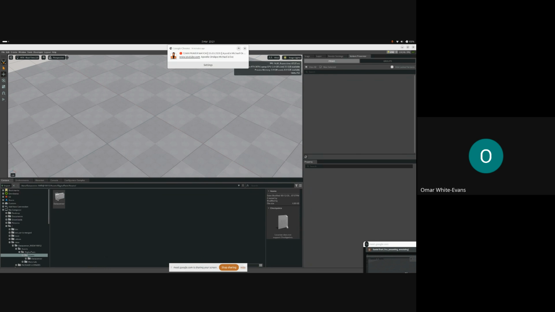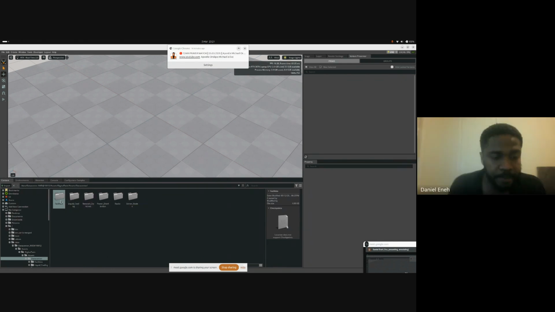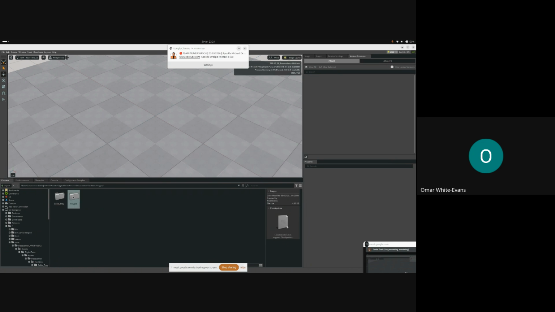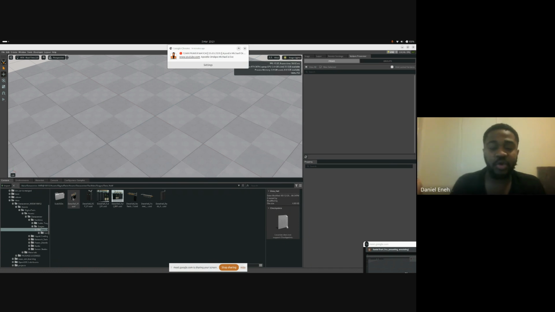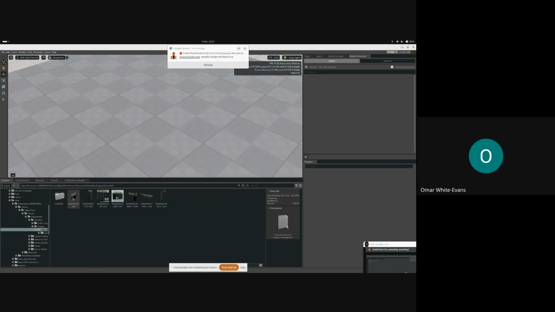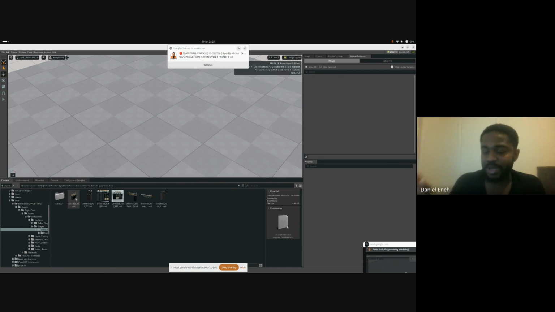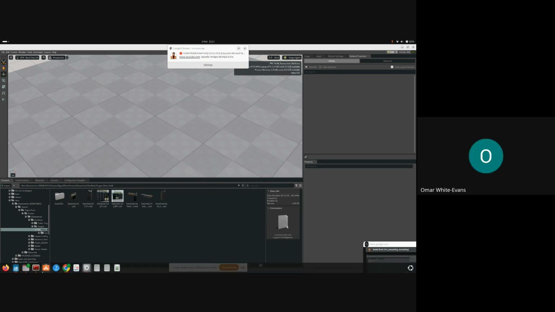What was the script you ran to get here again? I think we might have missed that part. Sorry, come again. You ran a script to get to this place, correct? Yeah, that is already embedded in the tutorial. It's already part of it, already inside the virtual machine. Okay, that's cool.